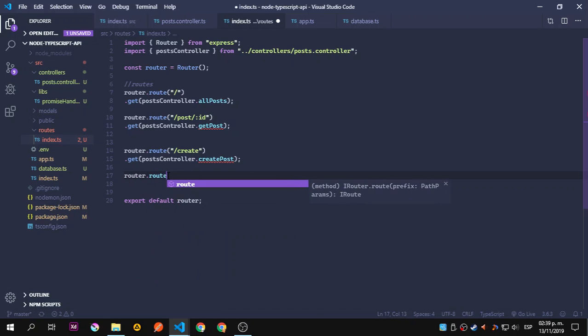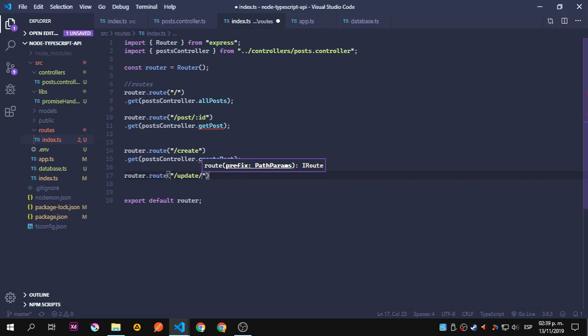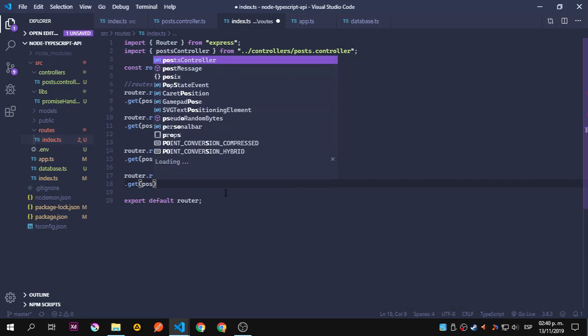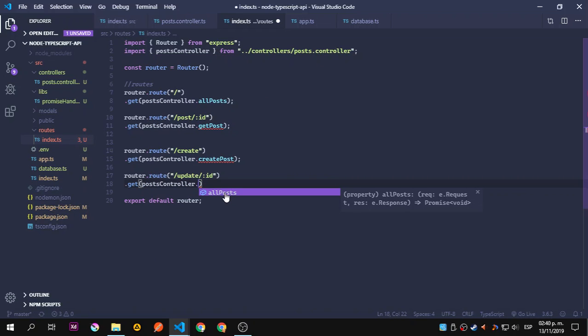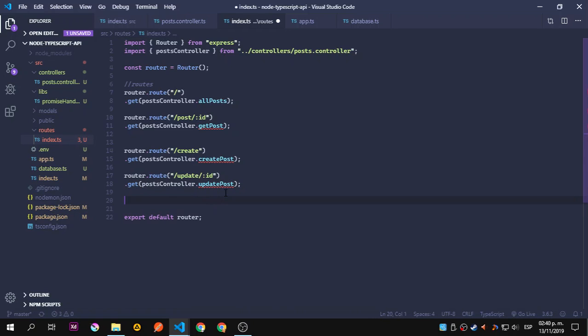Router.route. We need a route that will allow us to update. So let's say update, and we pass again the ID. Remember that this :id is the parameter, and you can change it using id or some other thing, a document maybe, whatever you want that matches the name of the parameter that you want to add. postController.updatePost,